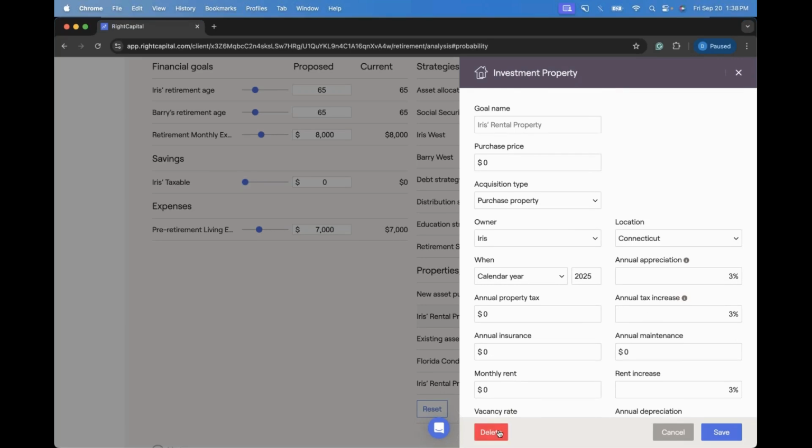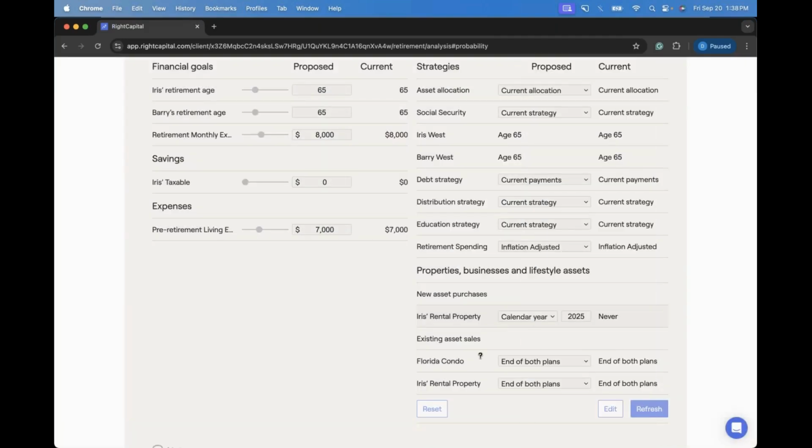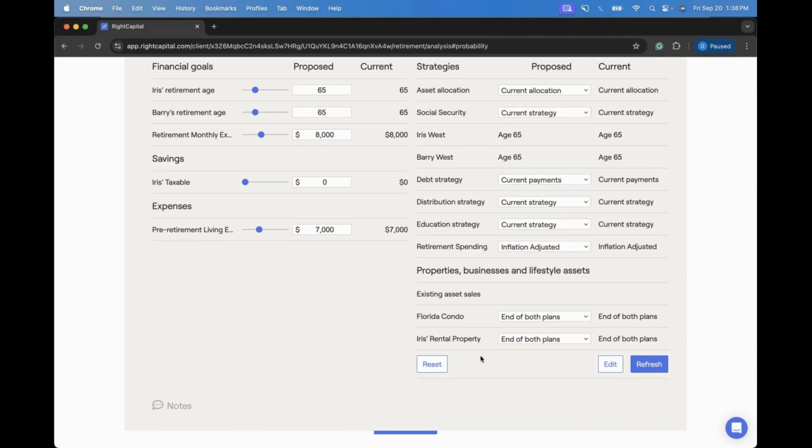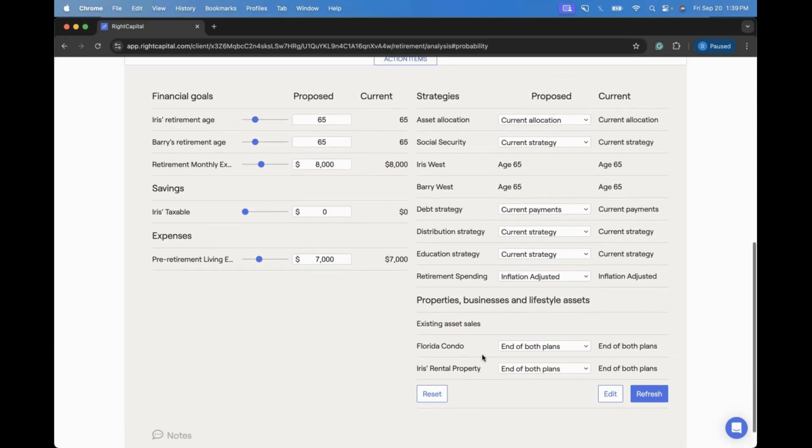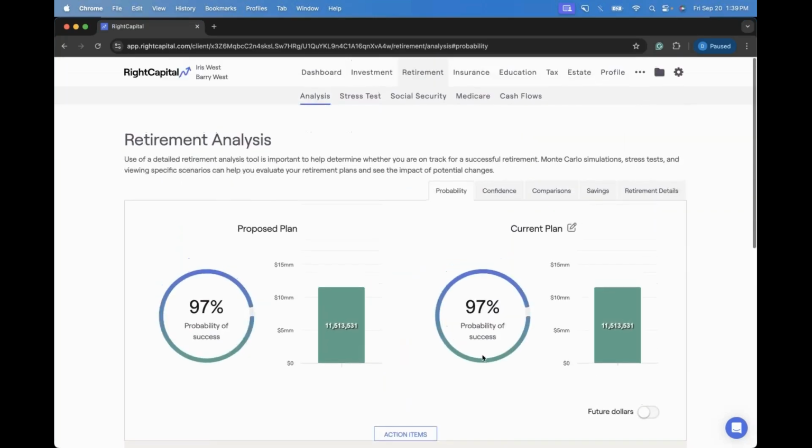Great. So the last scenario that I want to demonstrate here before transitioning into our Q&A is setting up two proposals side by side and then selling properties at different times and seeing the impact there. So to set up that sort of scenario, the first thing we would need to do is add some additional proposals. So that's something that can be done by clicking the pencil and paper icon next to the current plan